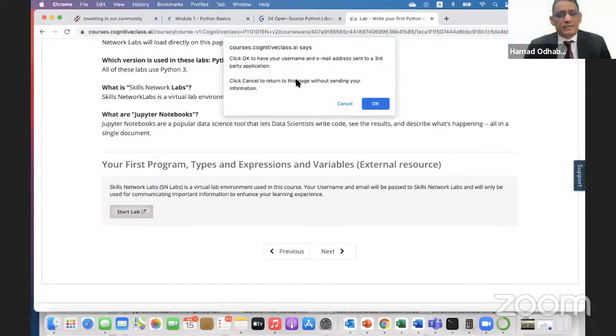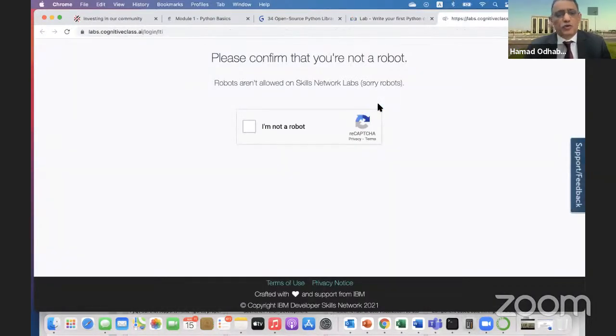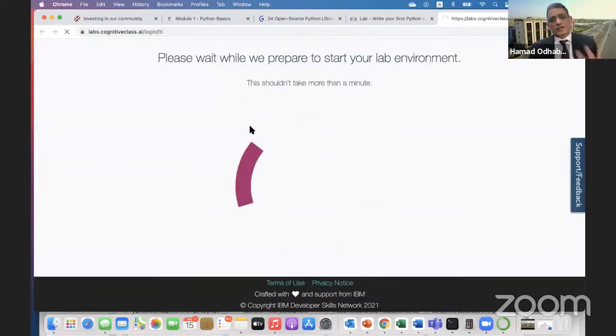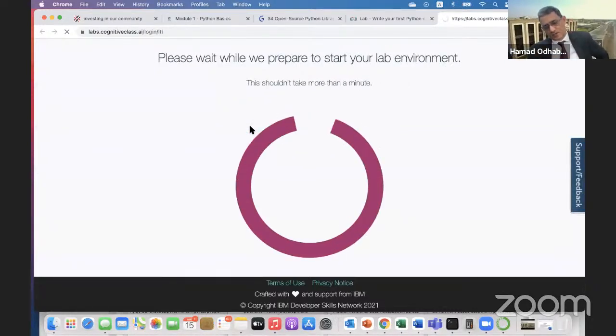This pop-up came. I have to say okay, otherwise it will not work. When I say okay, it takes time to load. So it will ask me to verify that I am human. So I click on this one. Now it will start loading the IBM